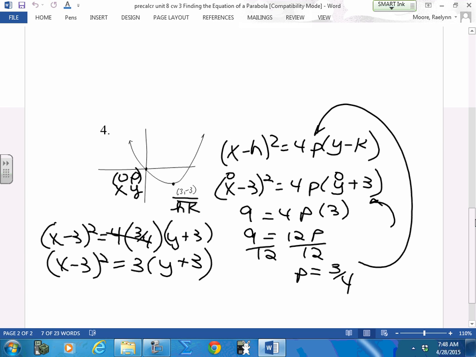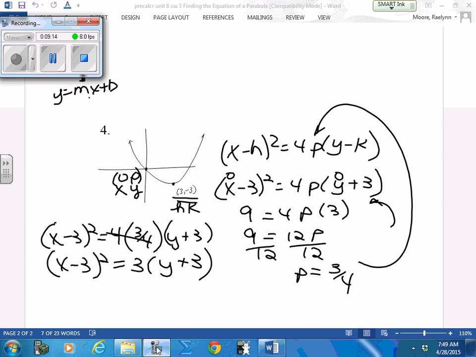So sometimes you'll get a distance for p that works out nicely because you just slide it in. Sometimes you have to find p. This is no different from when you do your line. When you do your equation of a line, if you have 2 points, you find your slope. And if you didn't remember the point-slope format, you had to put your slope in here. You had to put an x and a y point in there to find b. Right? And then you brought it back into your equation. No different. So after